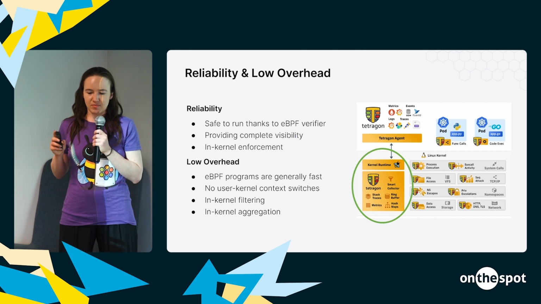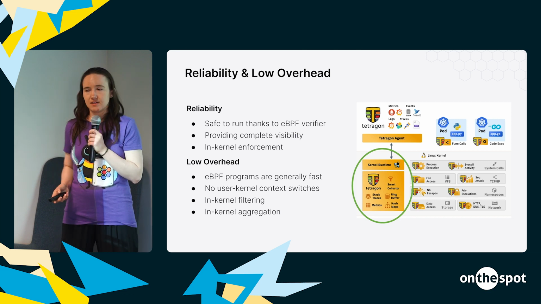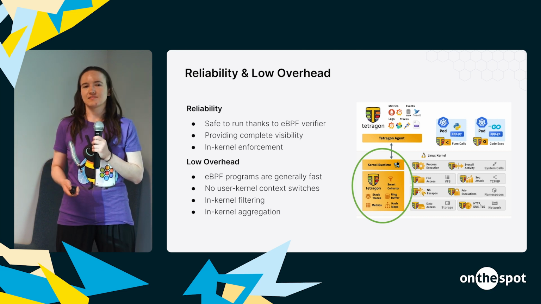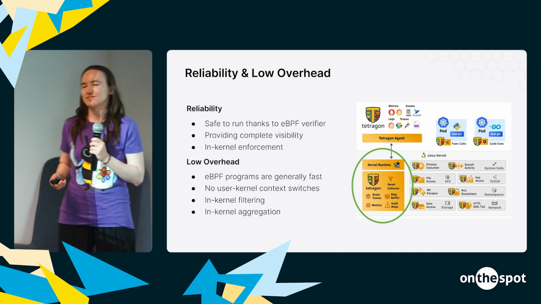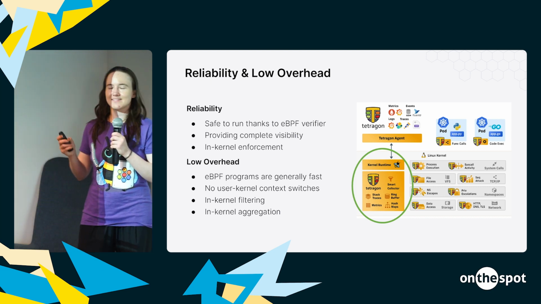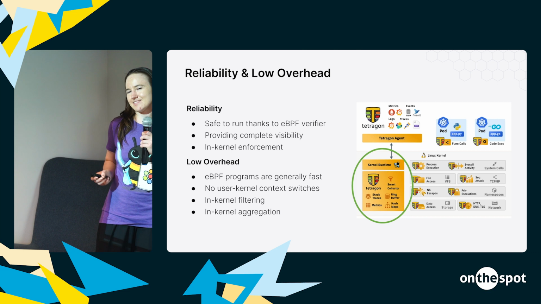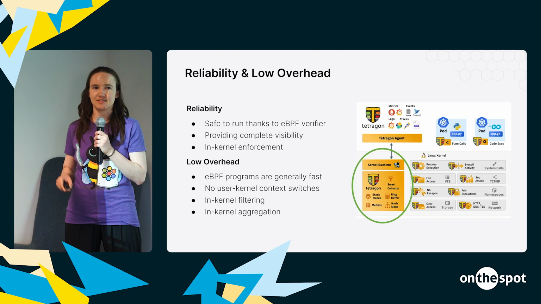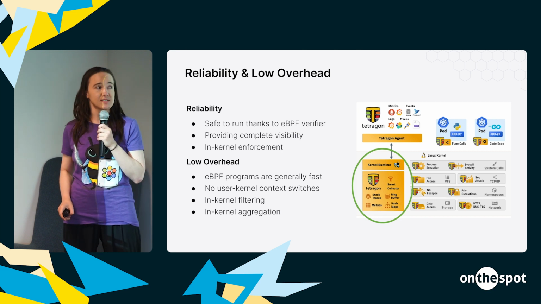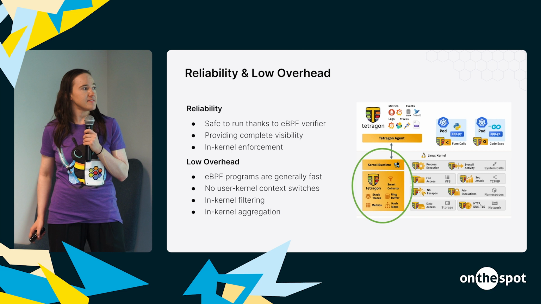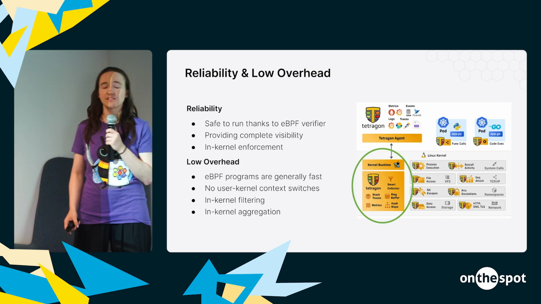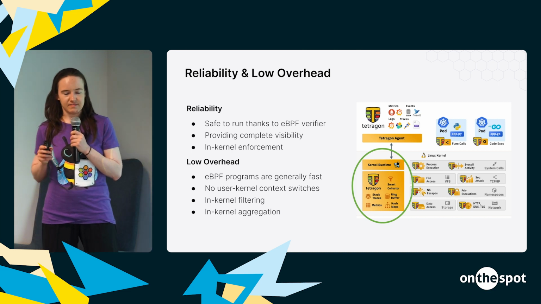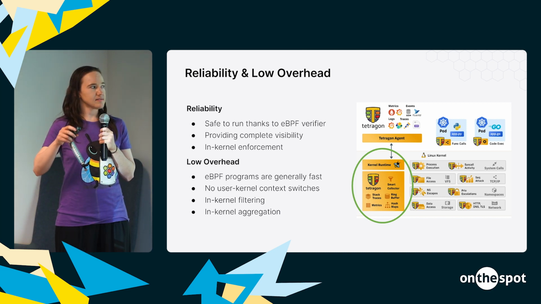They provide complete visibility. This is especially important in the context of security observability, because security teams don't like when you tell them that, oh, by the way, we might randomly miss some events. No, they don't want to hear this. They want to have complete visibility, to be sure that you don't miss anything, and we can achieve this more reliably with eBPF. And doing in-kernel enforcement, this was tricky, but this is also a very, very powerful thing, because